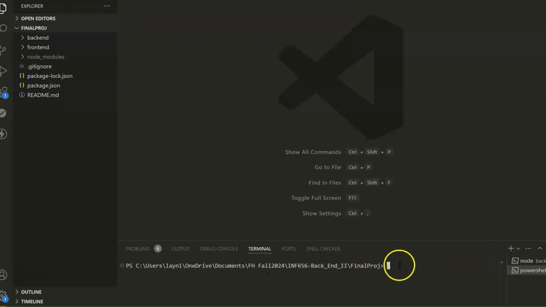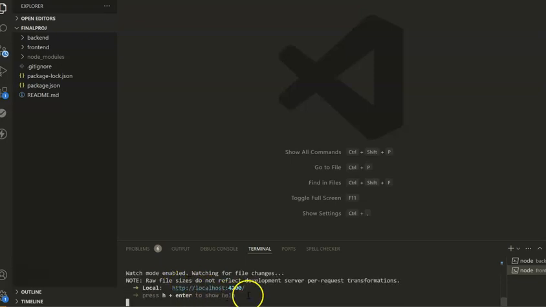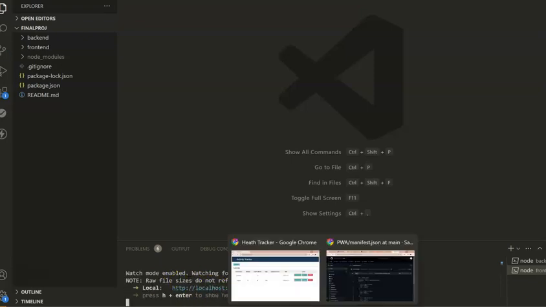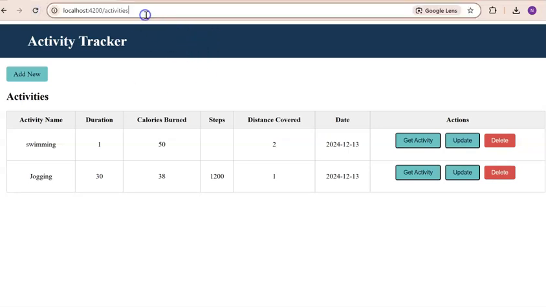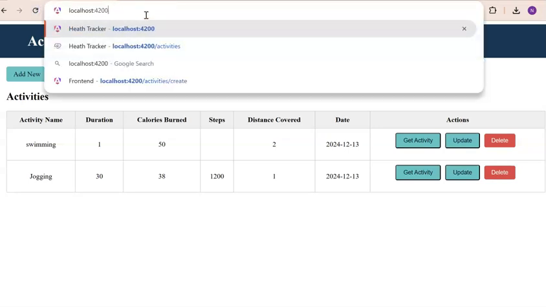Then we need to run another one for the front end side by running Angular, which is ng serve. Then it will show that it is building. Okay, now I've already pre-opened this. This is what my app would look like, and I can just do the first landing page, which is